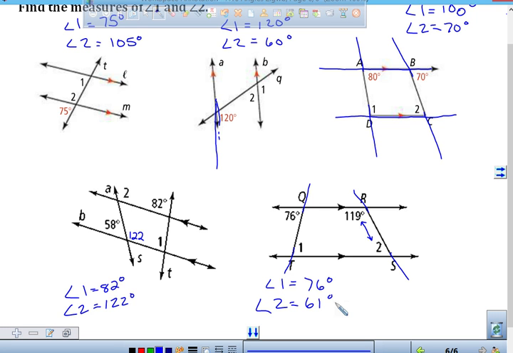These are kind of fun because they're kind of like little mini puzzles that you've got to figure out. Okay, I know one angle. How does that angle help me figure out all the other angles? Okay? So you're going to work on